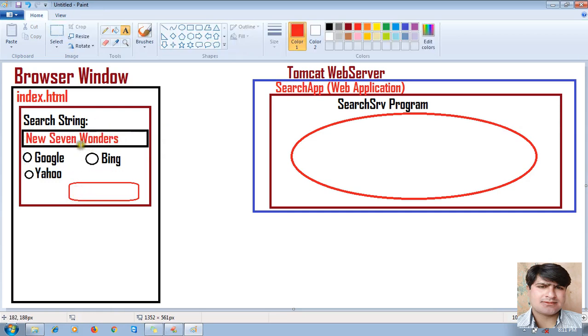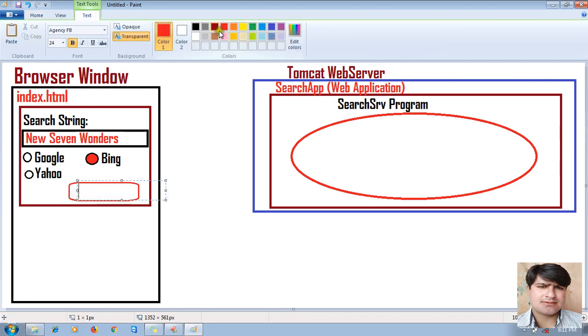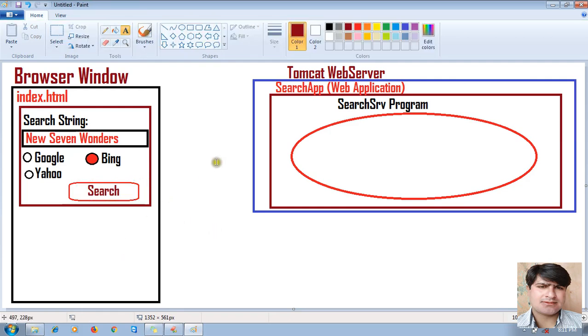I have selected the radio button Bing. Let me give the label for this button, in black color: Search. When the user clicks on search,